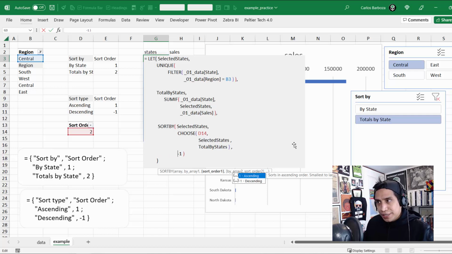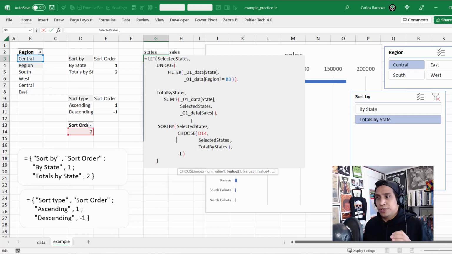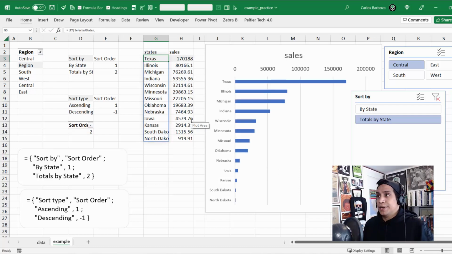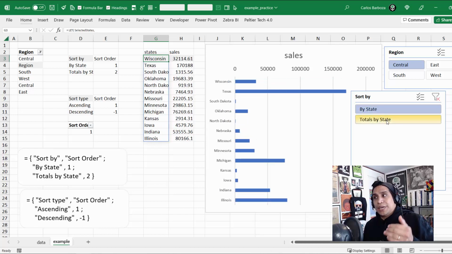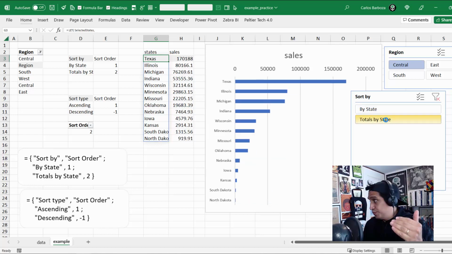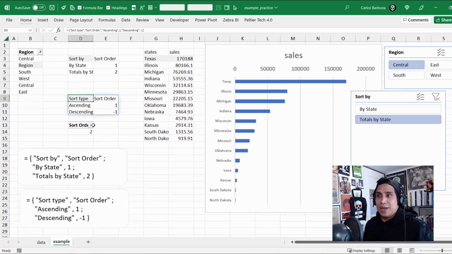And then we can just align the arguments of the sort by to be all aligned. So you can see there, it's not perfect, but it's getting there. And then Alt Enter. And now again, look at this. Now this slicer controls if I want to do by state to search the state alphabetically or by the totals, okay? Now, the last thing is that we have to repeat the same process, but for the sort type,